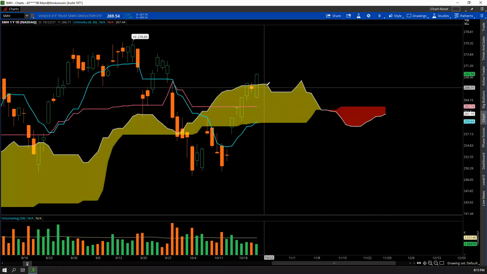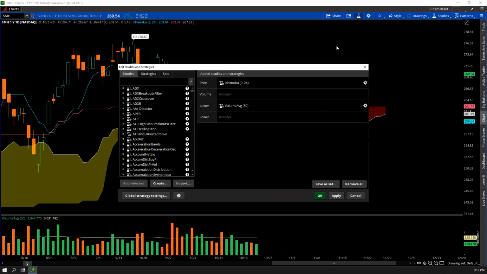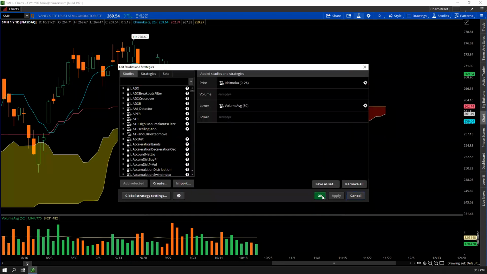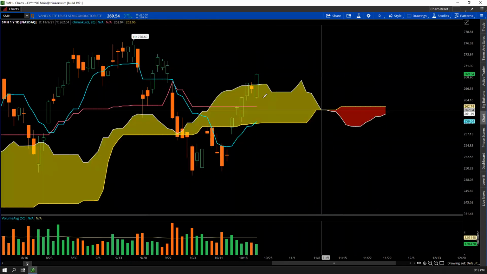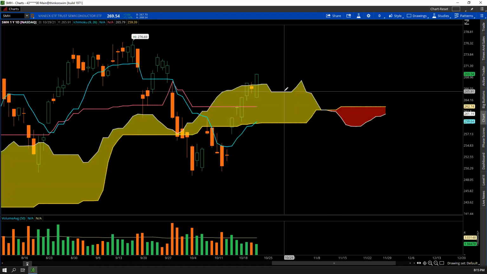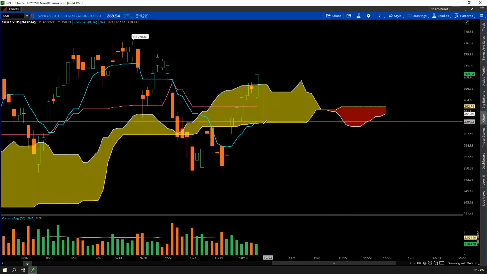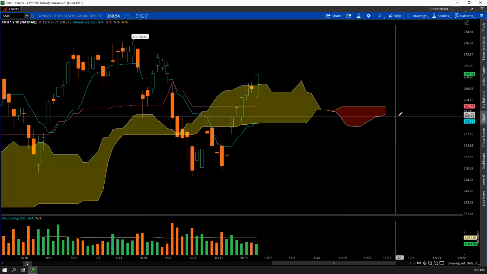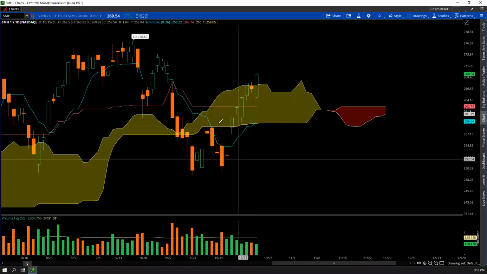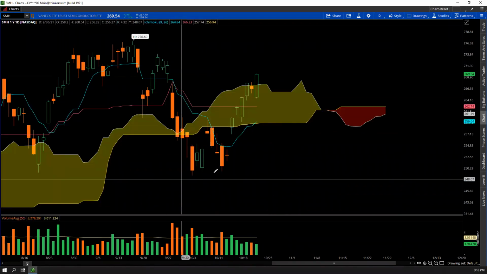Okay, and then when you go to span B, you don't need to understand anything, but I wanted to make sure you see how this curve is built. The yellow line that you see is called span B, which forms the bottom of the cloud. The cloud is found between span A and span B. This is also plotted 26 periods into the future, and this is the midpoint of 50 periods, low